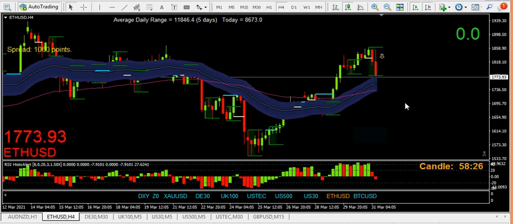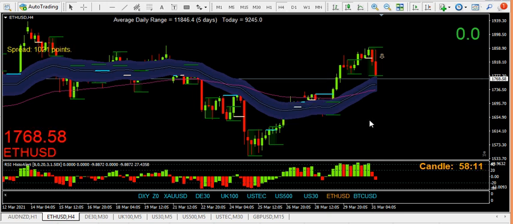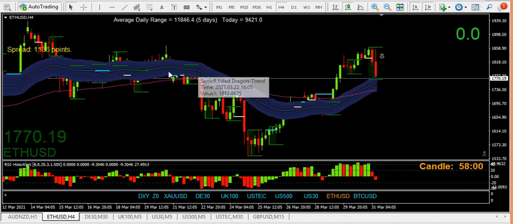I liked it, and the rules, if I remember correctly, are you wait for the price to pop up and close through the band. This little pink one, I think, is the 89 EMA, but again, it might be a 69 actually. I can't remember. Do you know EMAs? It's all bollocks anyway. Excuse my French. This could be the 35, 33, 36, 39, 40, whatever, and it would still probably work the same. You know, I am a strictly